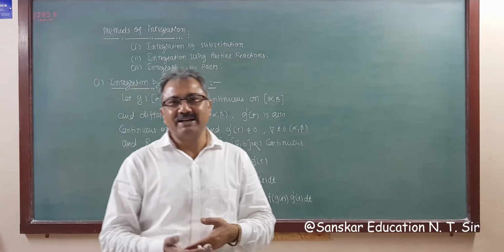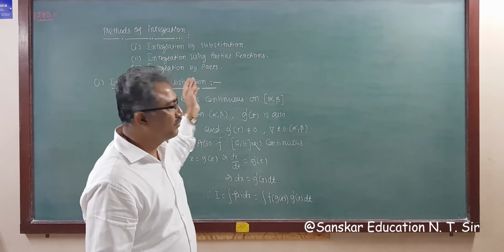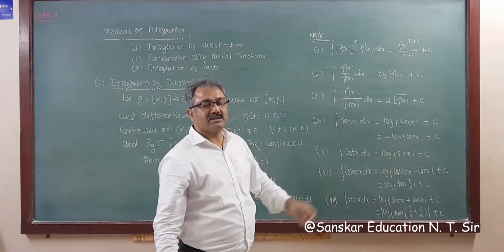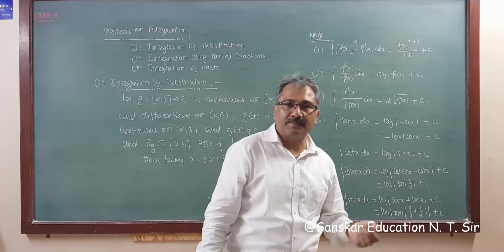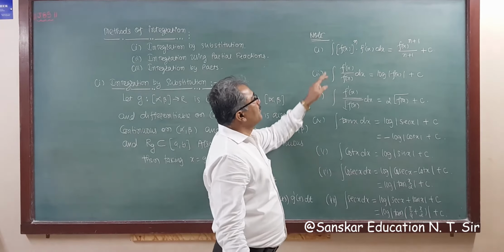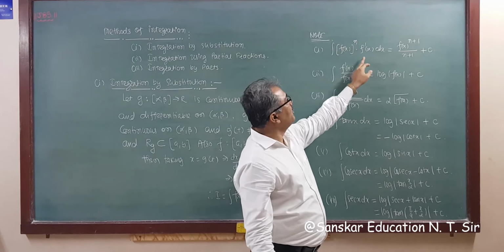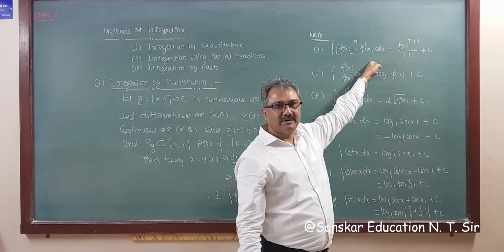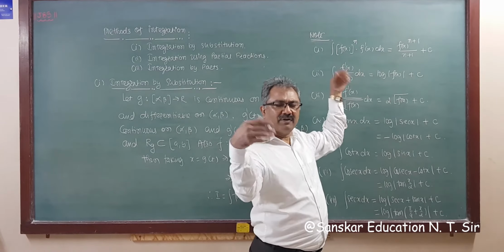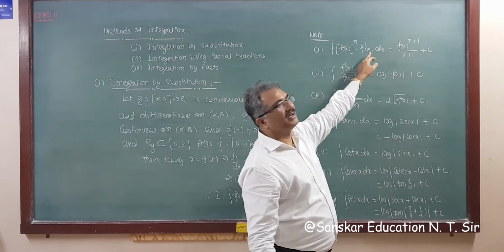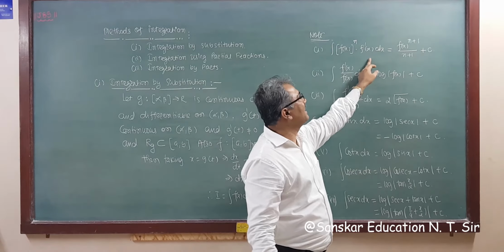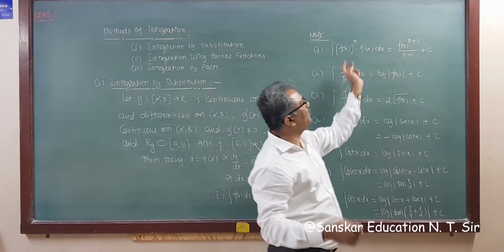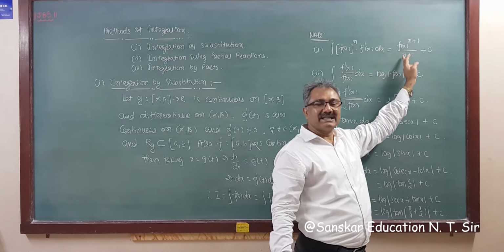For this method we need some formulas, so I'm going to give you some formulas for this also. Okay, so these are some important formulas that we have to apply, right? So first is integral of [f(x)]^n into f dash x dx, right? So function and its derivative are there. फंक्शन इज एनी पावर, फंक्शन को कोई भी पावर होगा तो चलेगा, मगर उसका डेरिवेटिव साथ में होना चाहिए मल्टीप्लिकेशन में. Then the answer is same as the x^n formula, [f(x)]^(n+1) upon n plus 1, same as x^n, right?